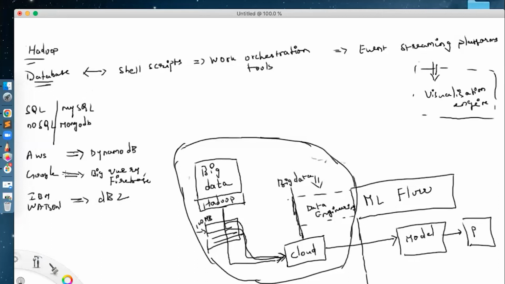Once you learn the SQL part, at least in one of the databases, let's say, okay, so this is NoSQL, right, MongoDB, this is the NoSQL part. So SQL is different from NoSQL, and hence you need to be strong in any one of the technologies or any one of the databases in SQL as well as in NoSQL. Let's say in SQL you have MySQL, you have BigQuery, and you have DB2, and obviously you have Oracle DB also, but that's again